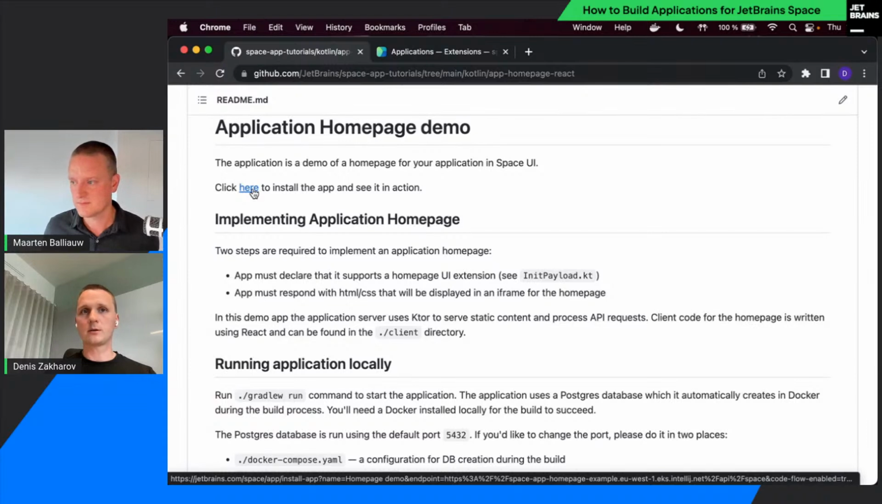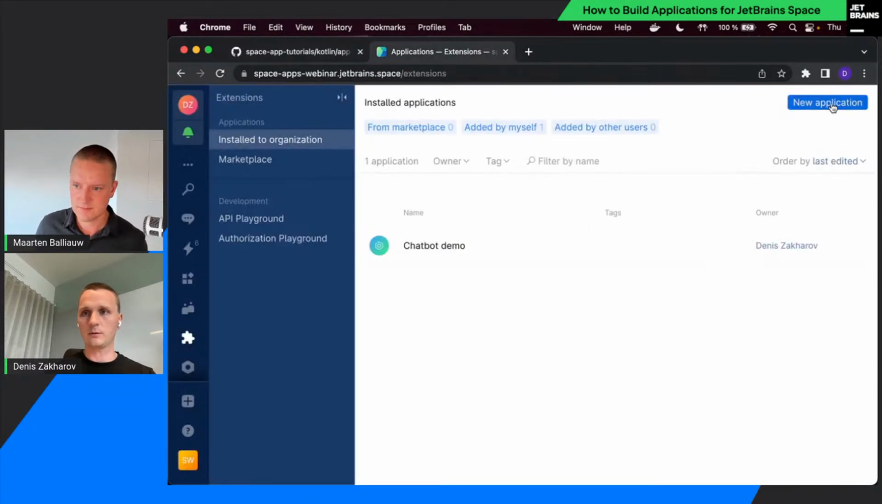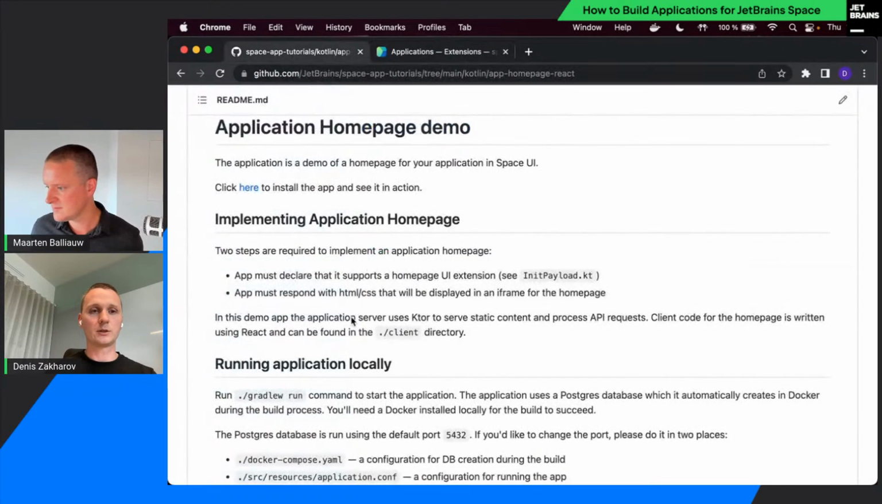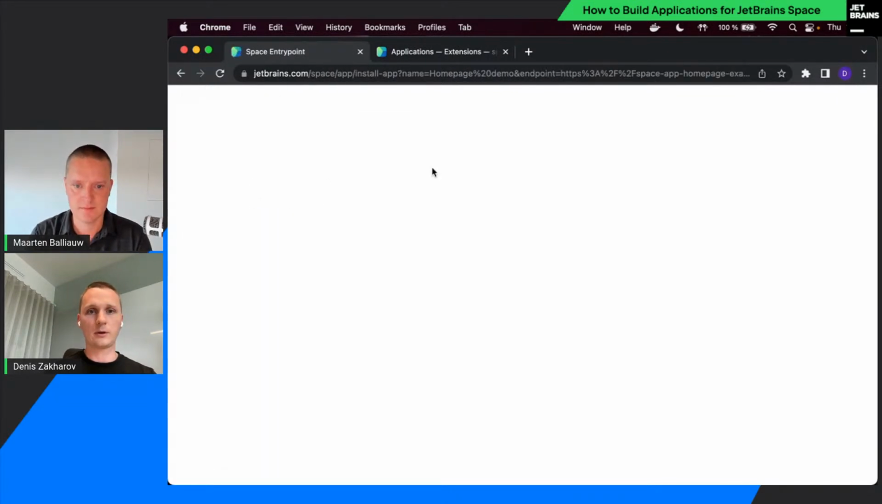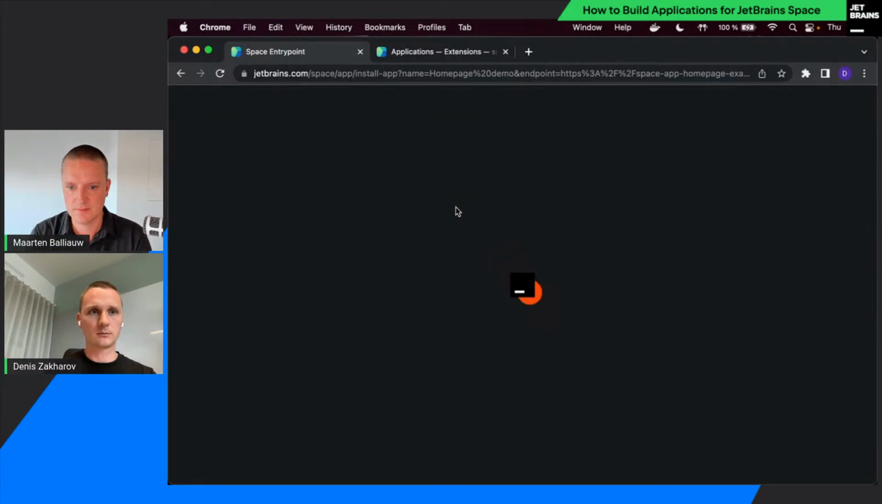Now, previously, we installed the new applications by creating them directly in Space UI, like by pressing a new application button here. But what you can do as well is you can create an installation link that will install the application to whichever organization you want. So here, if I go click here,